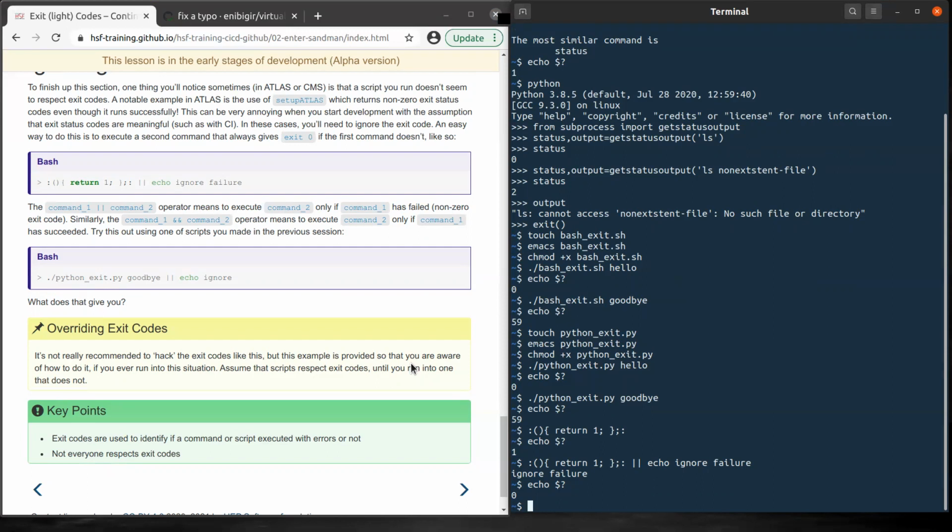This was just an example to give you an insight into how you can do this and to let you know that this option exists. But if you ever run into this situation, make sure you know how to deal with it. And that's all for this lesson. See you in the next one.